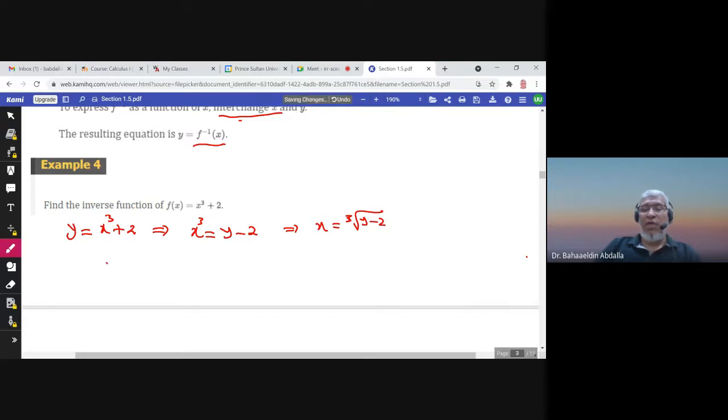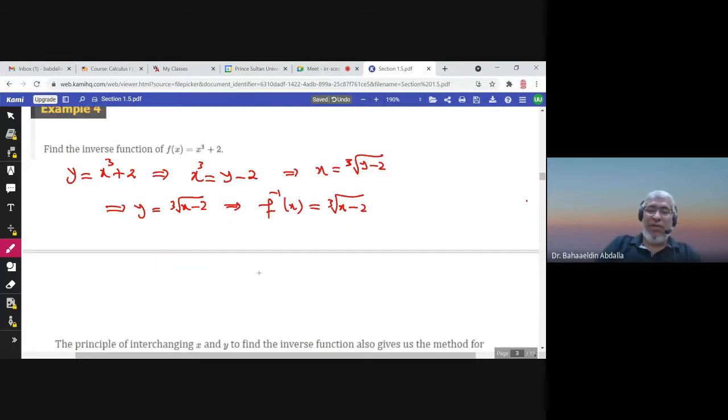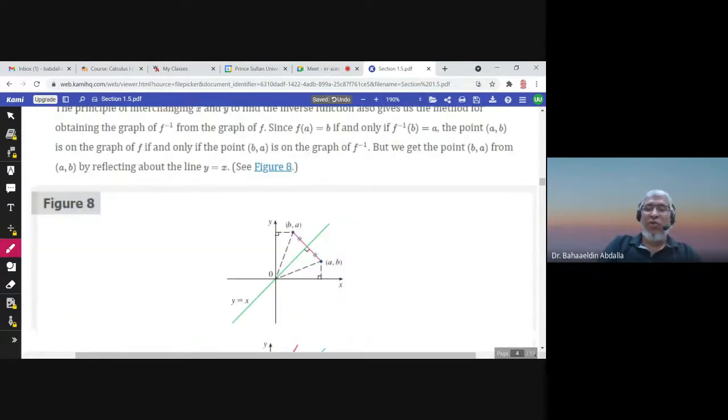And then I will interchange x and y. And finally, I will replace y by f inverse of x. And you can check that f circle f inverse would be x, and f inverse circle f would be also